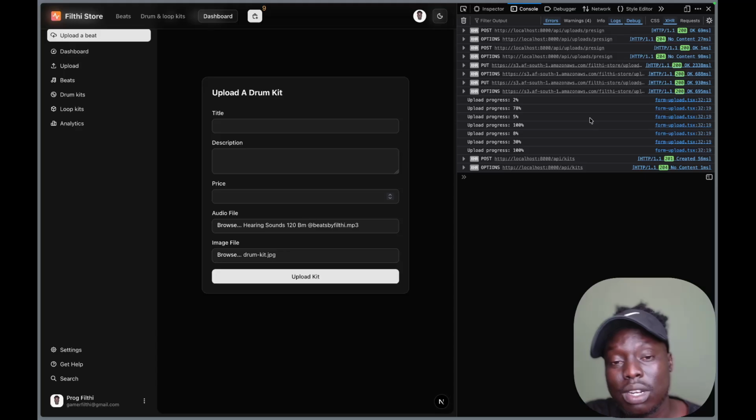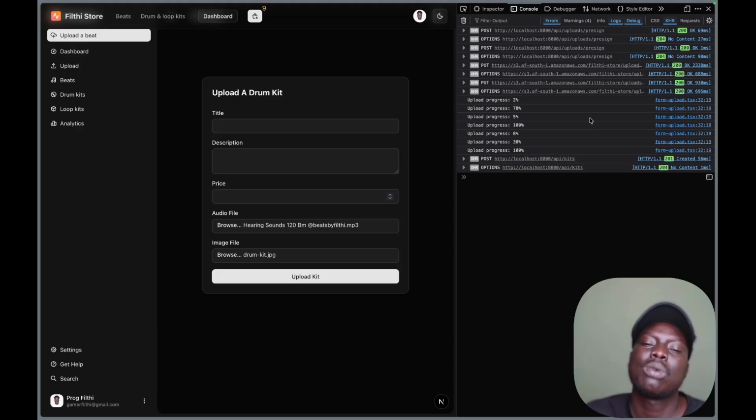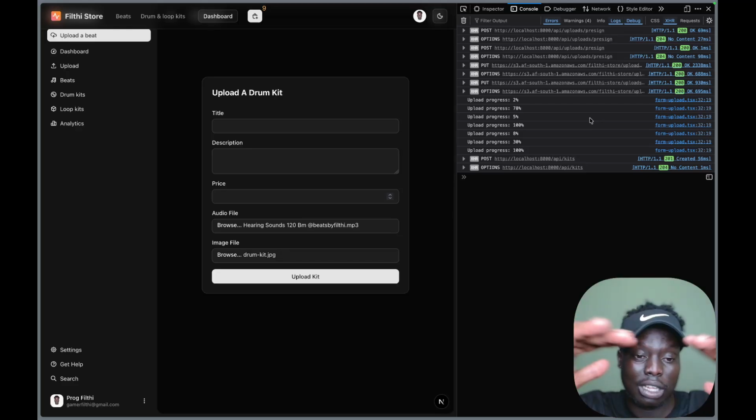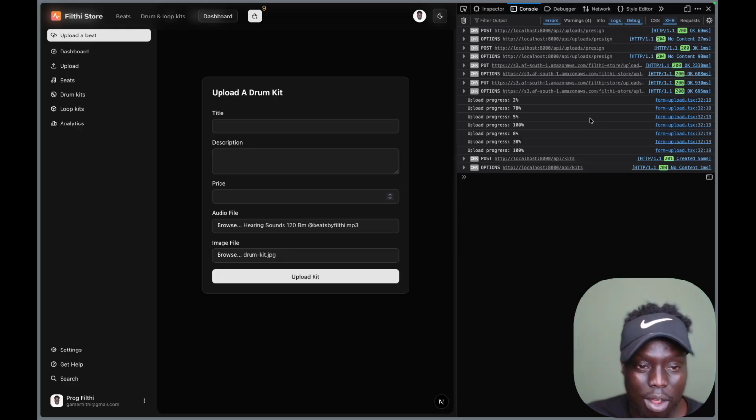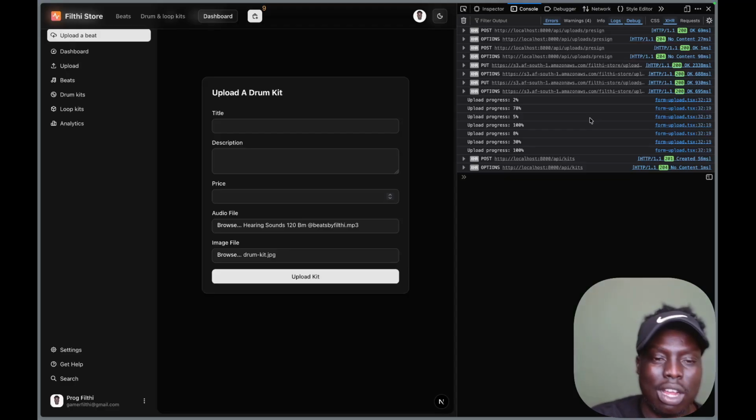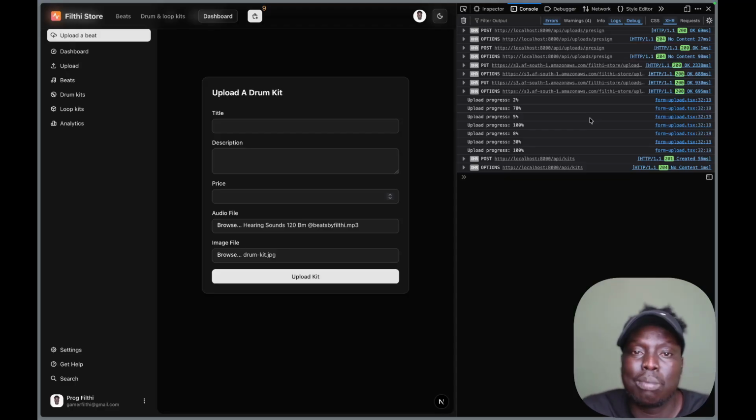So pre-signed URLs give you access for a given time. Like a pre-signed URL could be something like, okay, for the 30-minute window starting from now, you have access to use my card, right? But after 30 minutes, my card will have already expired, so you won't use it anymore. So that's the point of the